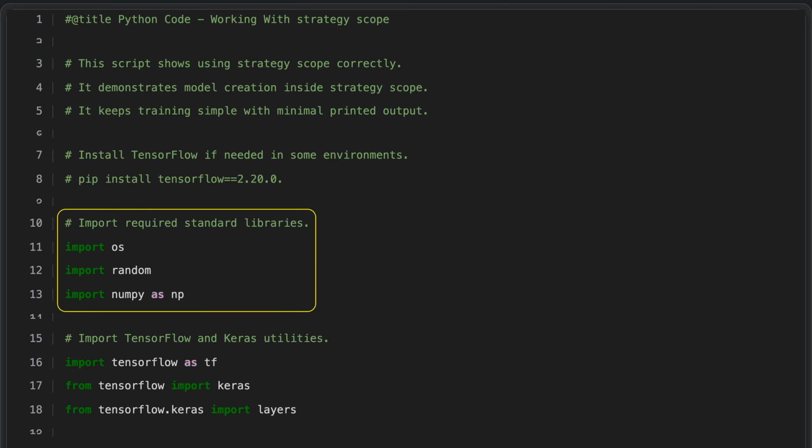We start by importing the operating system module to interact with the system, for example, to work with files or environment variables. We also import the random module so we can generate random numbers and perform random operations, which is useful for tasks like shuffling data or controlling randomness with a seed. Finally, we import the numerical computing library NumPy, which is essential for efficient work with arrays and for performing fast